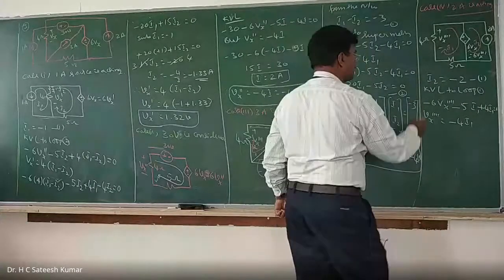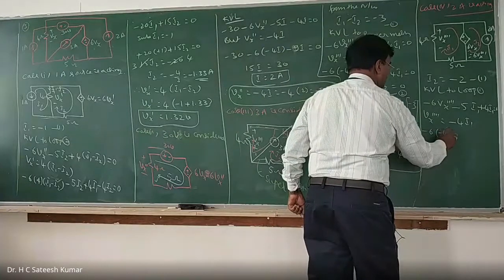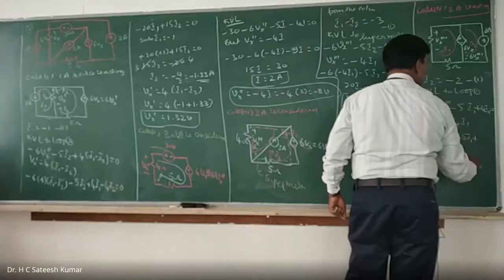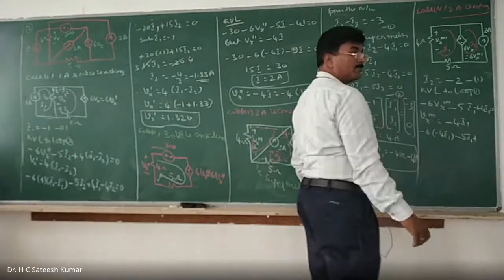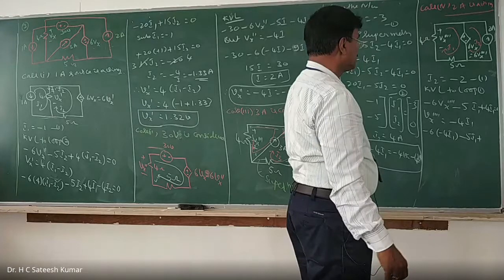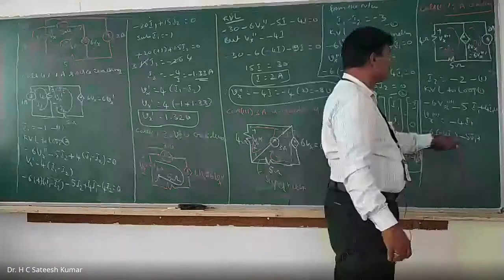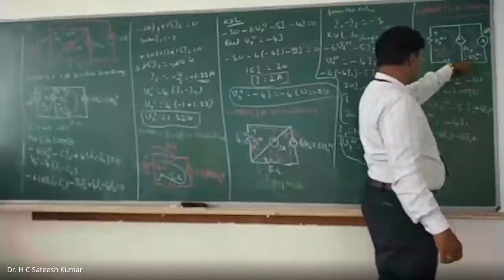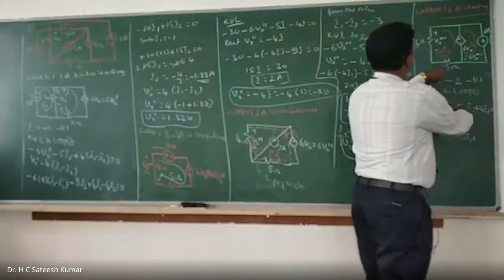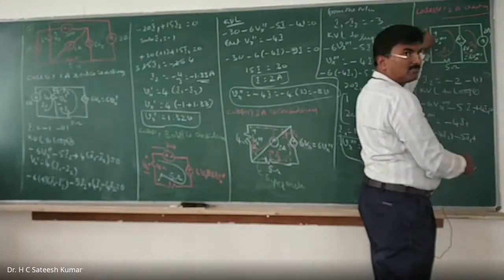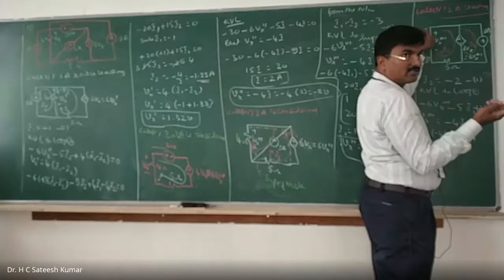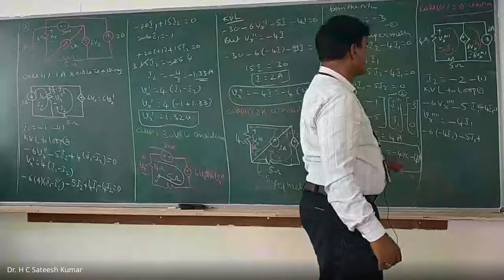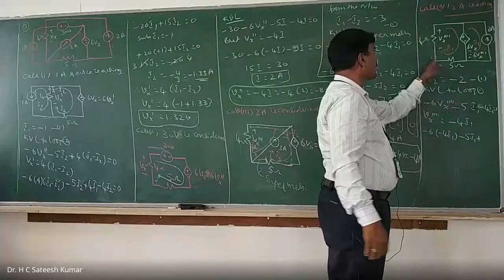Therefore, substitute in this equation. Minus 6 into minus 4 I1, minus 5 I1, minus 4 I1. KVL to loop 1: minus 6 Vx 4 dash, minus 5 into I1, and in the same direction, minus 4 I1. Okay, wait, sorry. This is minus 4 I1, you will get it. Now you are right. So minus 4 I1, same direction here.